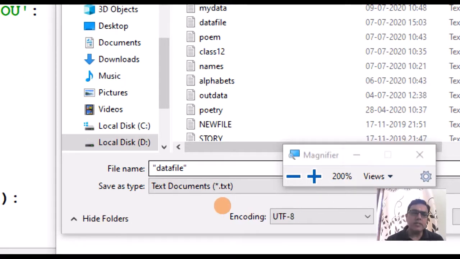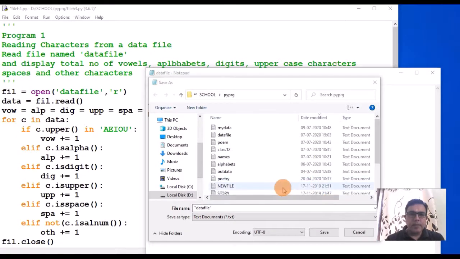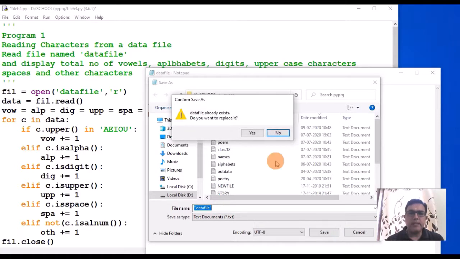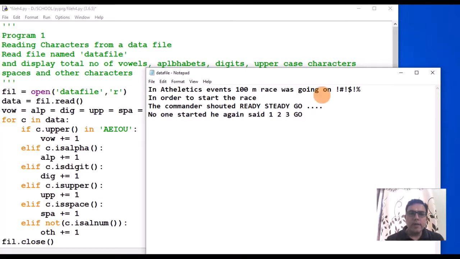If you want an extension, you can give the extension .txt, that is okay. Right, now I'll save this file. This file is being saved in the same folder where I have saved my Python program.